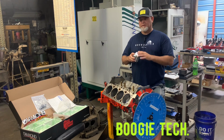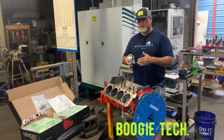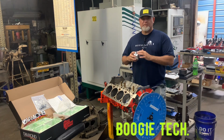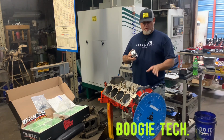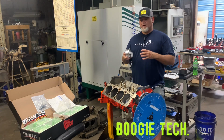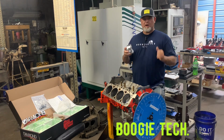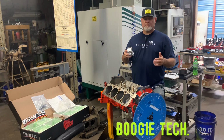Something we're going to do to these pistons that I've done in my backup engine, but we're going to take it a step further. We're going to send these off and have them coated. The reason we don't buy them pre-coated is because we're going to actually hone this block. I'm going to tear this down tomorrow night, take it to Wayne Celeste's. We're going to hone every cylinder to where we want it, even if it's over 3 or 4 or 5,